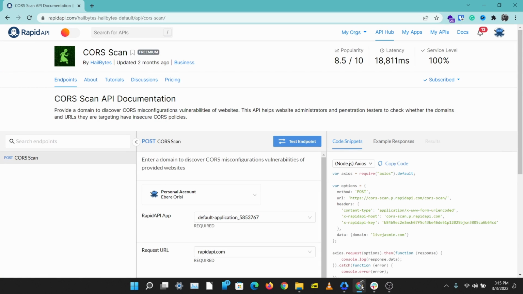Hey guys, today I'm going to be showing you a very interesting security API by Hillbyte. The name of this API is CORS scan, and what this API does is it shows you CORS misconfiguration on